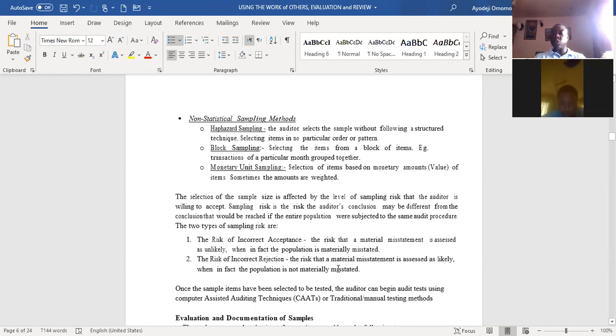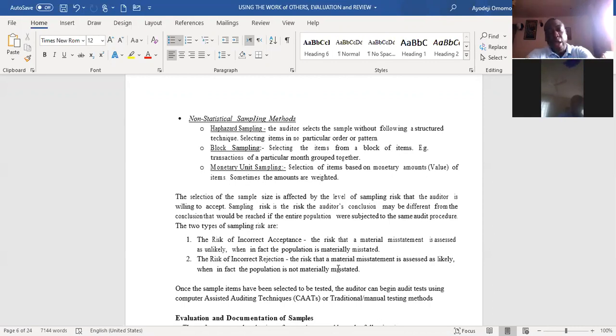So this is basically it. But you know, selection of samples is also affected by the level of sampling risk. Now, what is sampling risk? Please note it down, write it down. Sampling risk is just as simple as saying that the auditor's conclusion may have been different had they tested the whole